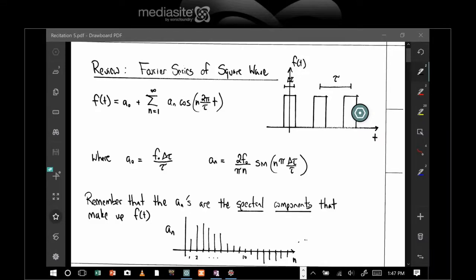Hello, this is Brian Washburn, and today I'd like to give an introduction to the Fourier integral, also called the Fourier transform. We've talked about a lot of different mathematical methods in this class,